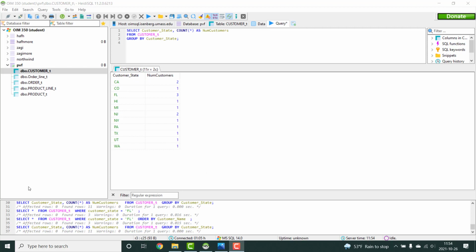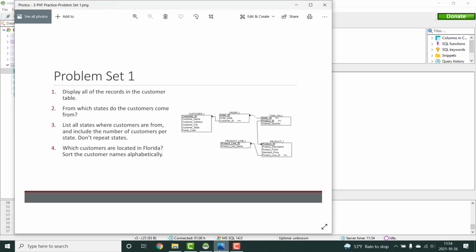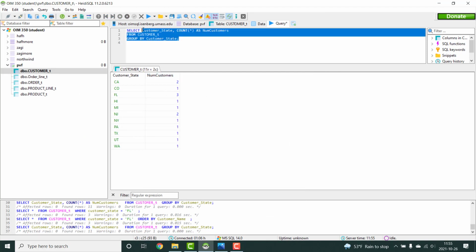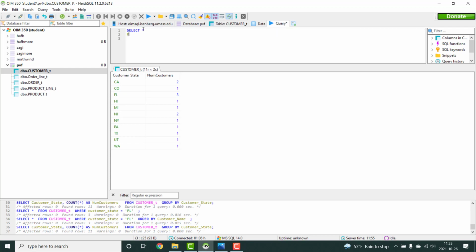And so now we can move on to the next one. So finally, which customers are located in Florida, and sort the customer names alphabetically. So in this case, I know that I have 3 customers in Florida. So if I do select star from customer T,